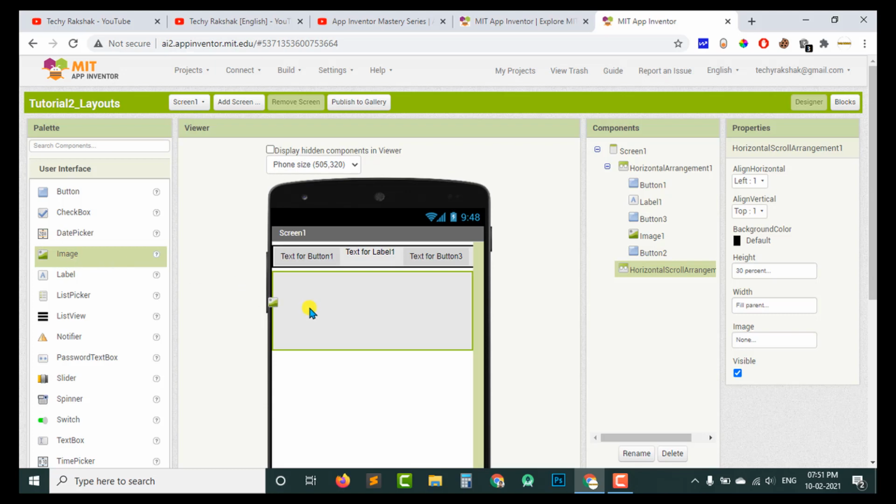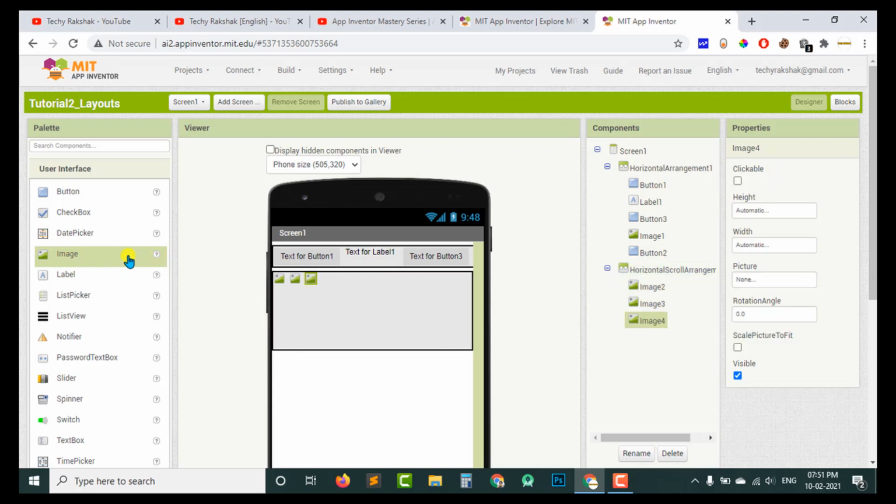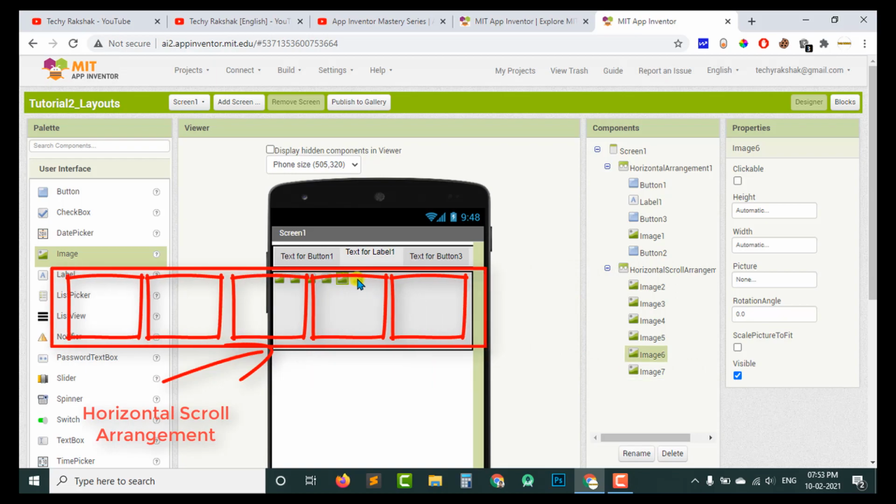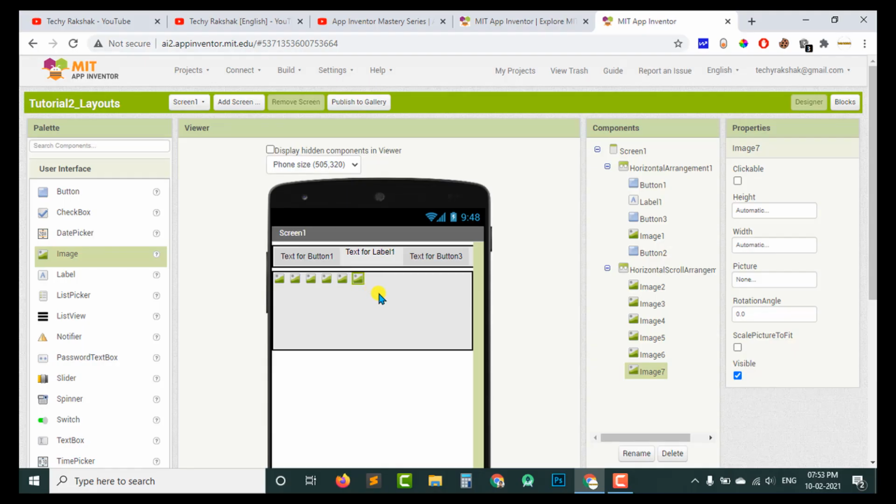So I was giving an example. For example, you can see that if I add multiple images here, the width and height of the image won't be like this. It would be basically around 1/3 of the screen, and if each image covers 1/3 of the screen, then these first three images will cover the full width of the screen, and the user won't be able to see the other three images. But the advantage of the horizontal scroll arrangement is that the user can scroll by themselves and see all the other three images which we have used here in our Android app.